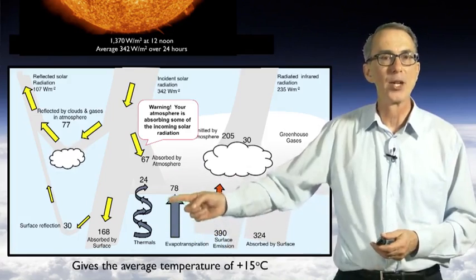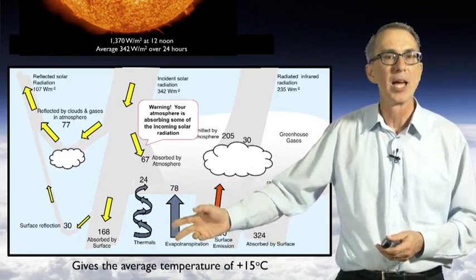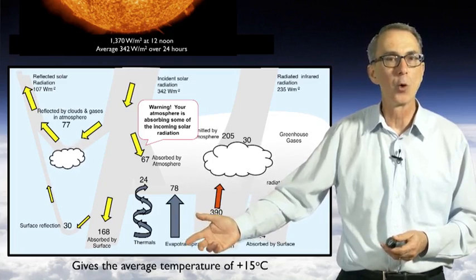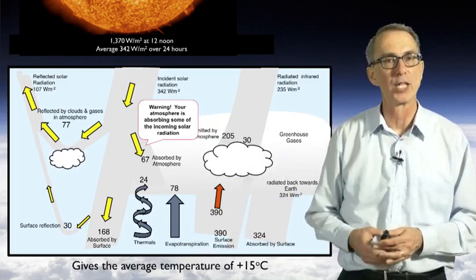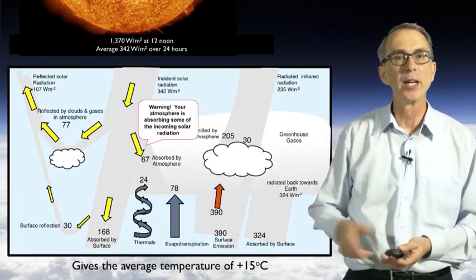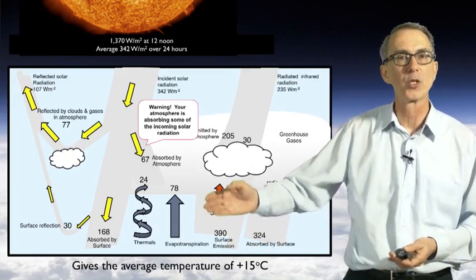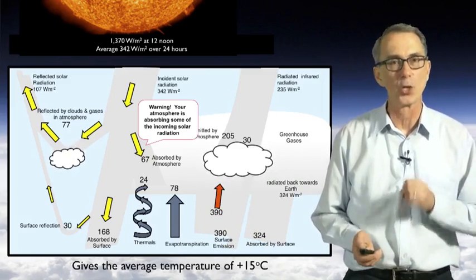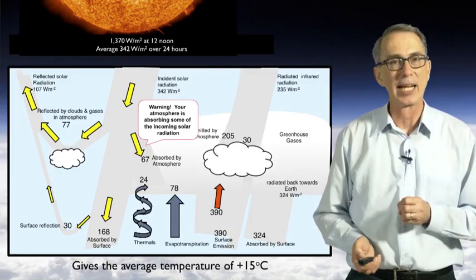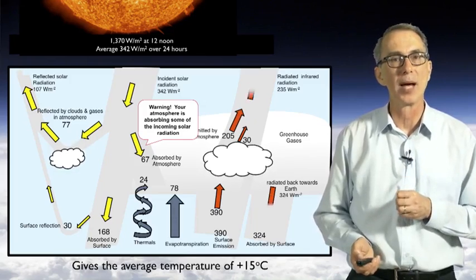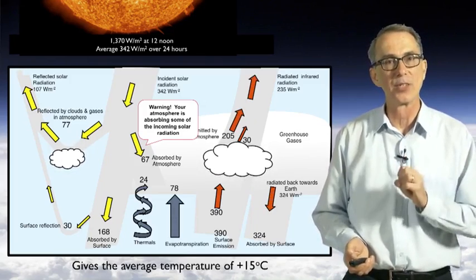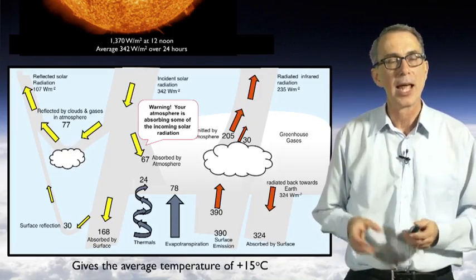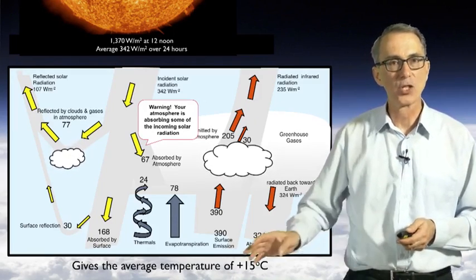So evaporation is the transfer of energy through converting liquid water into water vapor, and then the water vapor being transferred away from the surface. But the dominant way that energy is lost from the surface of the Earth is through infrared radiation. Now, that infrared radiation or heat radiation is absorbed by clouds and also absorbed by the atmosphere. And then the clouds and the atmosphere re-emit some of that radiation downwards. That balance at the surface of the Earth